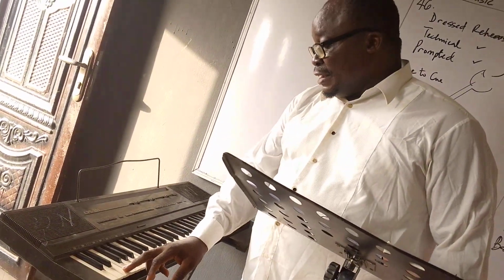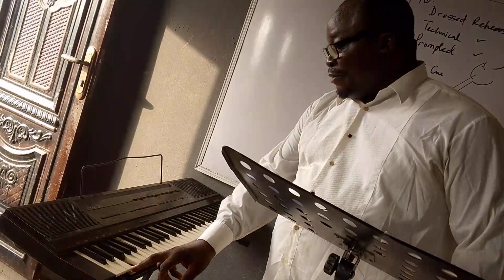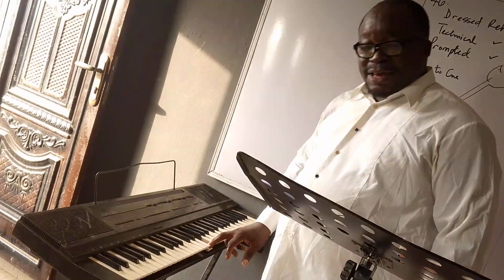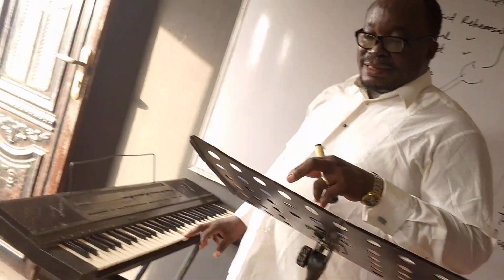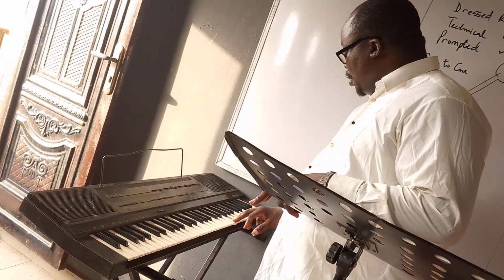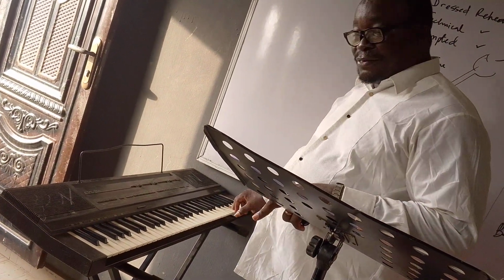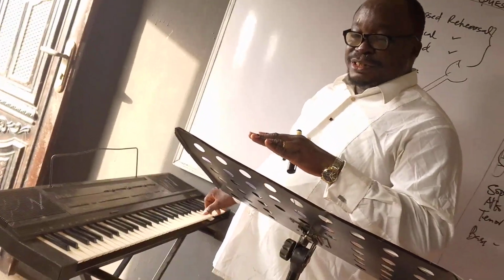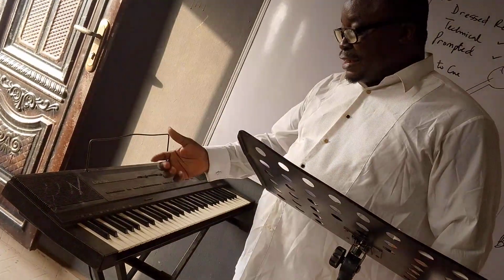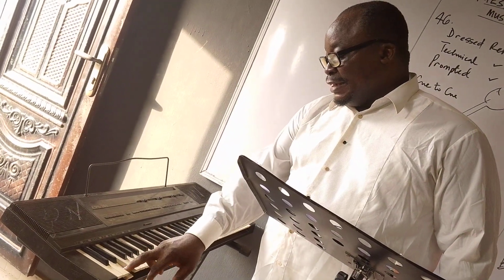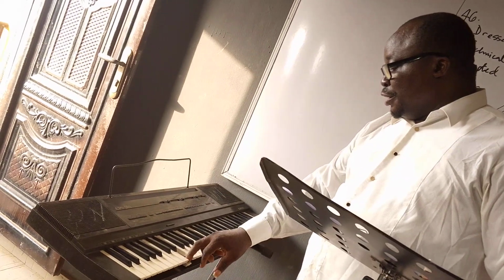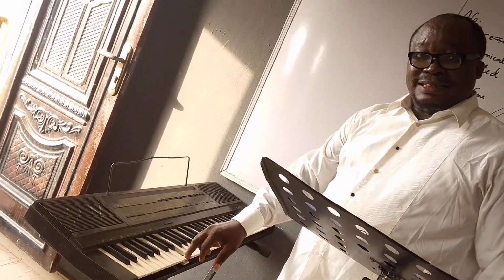This is my C, D, E, F. This is my F1. This is my F2. And this is my F3. So the alto singers sing between this F3 to this F4, F5. Okay, you can see it's a mid range. While the bass singers sing between the E2 to E4. Where is my E? This is my C, D, E, E1, E2. So this is where the bass singers sing from.